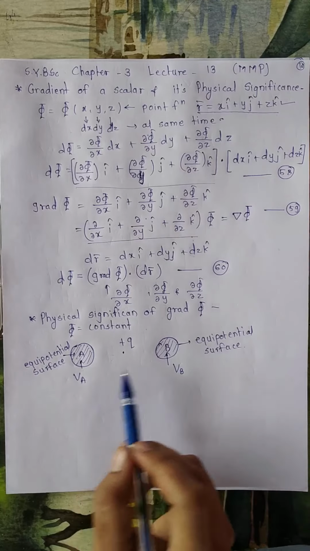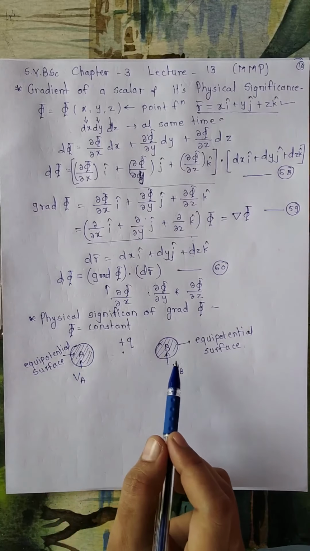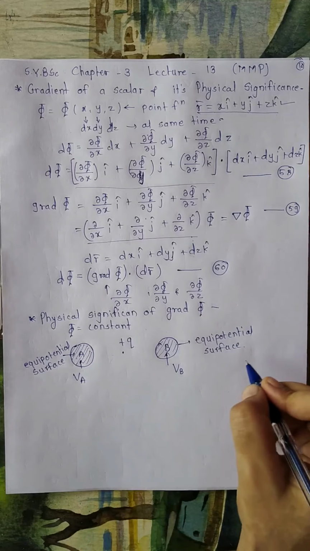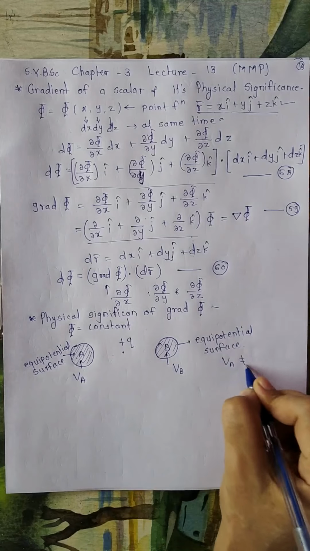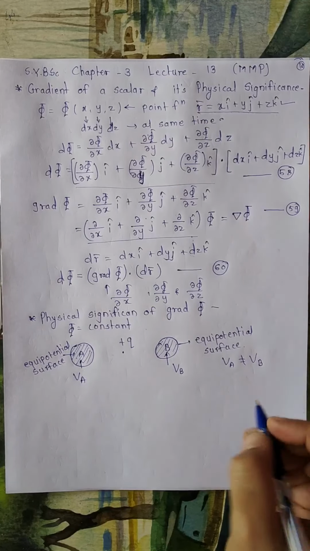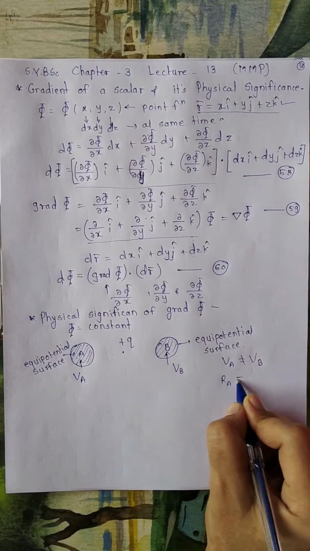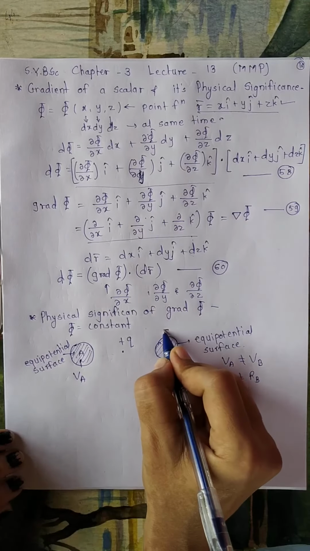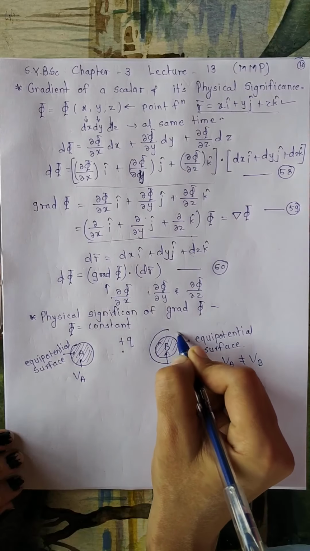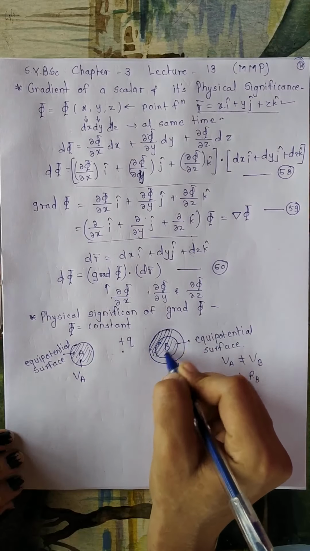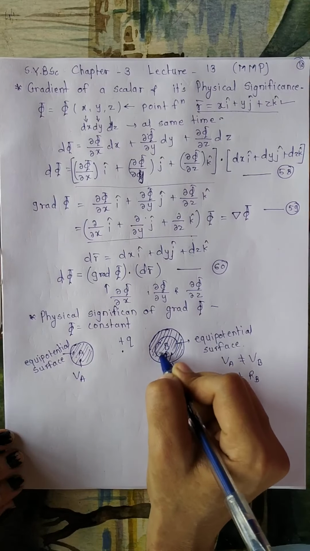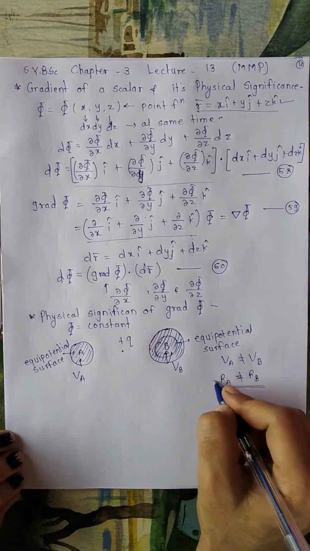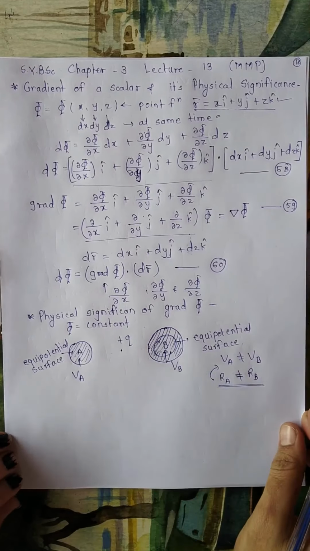Now these surfaces do not intersect each other. The potential of surface A will not be equal to the potential at surface B because the radius of surface A is not equal to the radius of surface B. Means we have to show one surface quite larger. So let me represent it a little bit larger. So one surface is smaller and one surface is larger and their radii are not equal. Therefore, their potentials will be different.